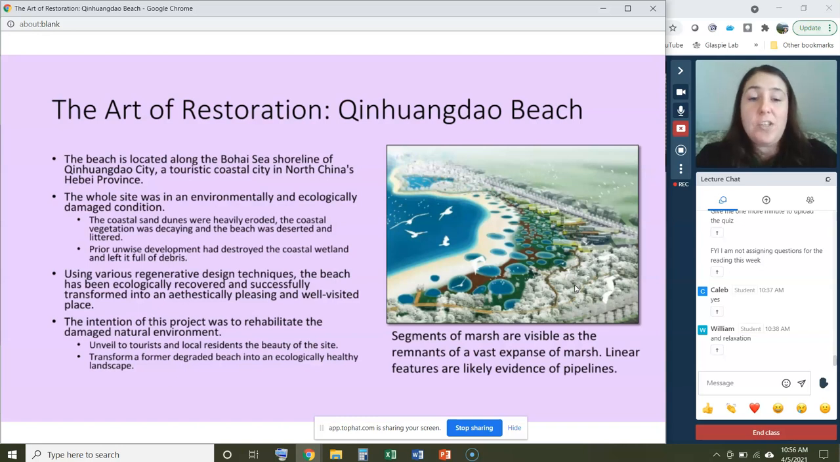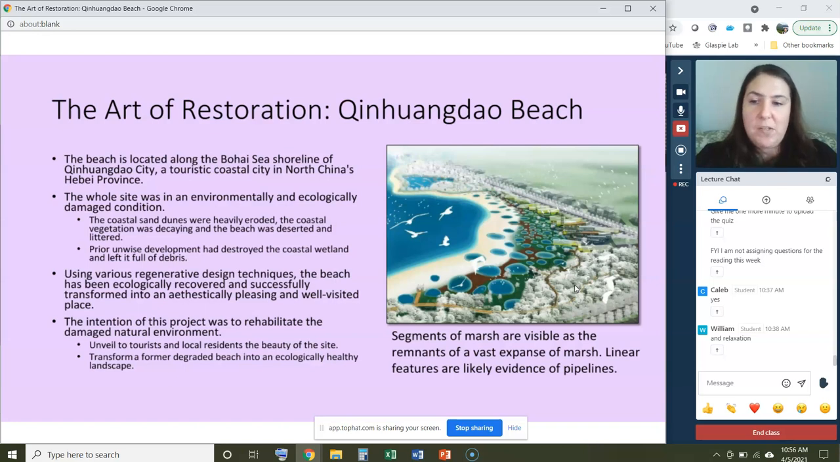The reason for its initial decline was some problems with coastal development. So previous unwise development tactics had destroyed the wetland, left it full of debris, and then things kind of cascaded from there. Misuse and abuse. So what the city decided to do was a